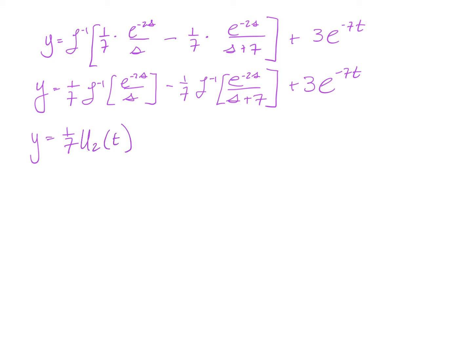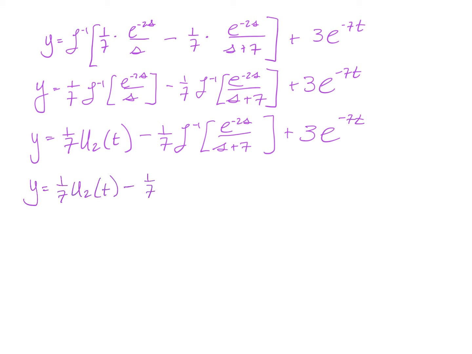Then I have still minus 1/7 the inverse Laplace of e to the negative 2s over s plus 7, plus 3e to the negative 7t. All right, so this one is the tricky, kind of yucky looking formula that we looked at and I just gave to you without deriving. So this is e to the negative as over s plus k, and we can look that up in a table or in our notes,